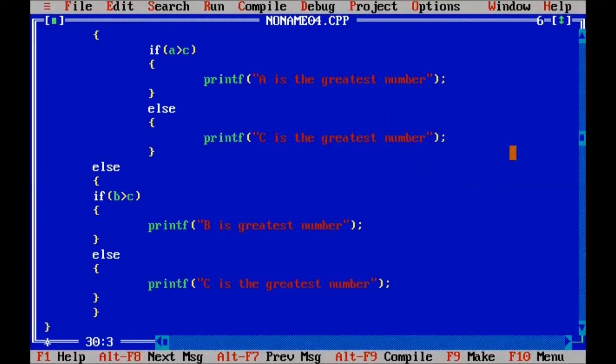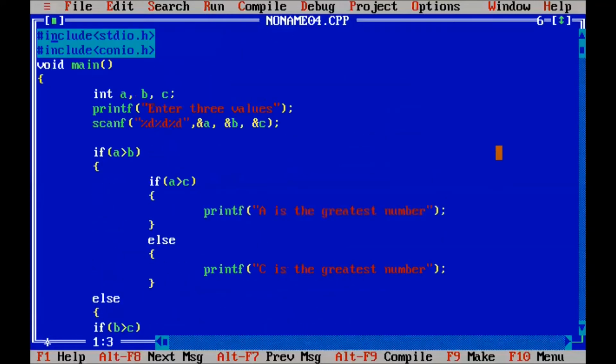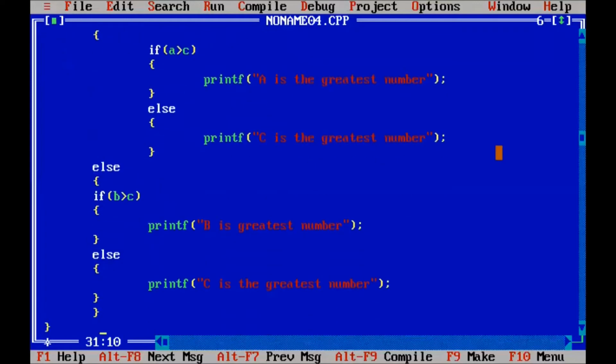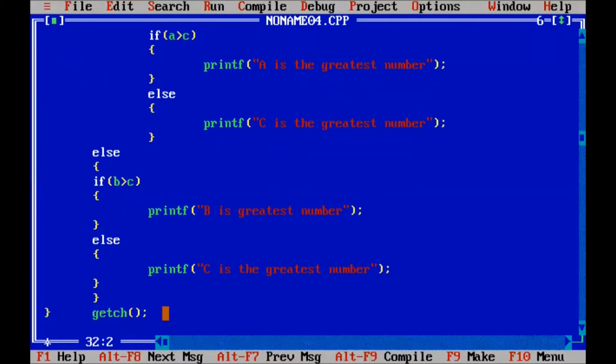So here we write the program, and we also use clear screen, clrscr, and the getch function. We use the getch function in the main function before closing.